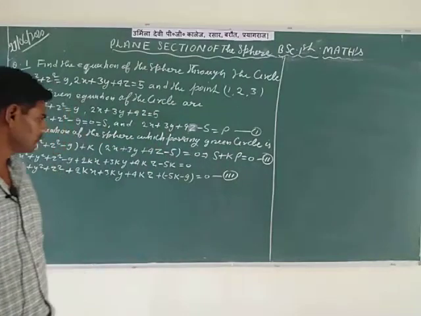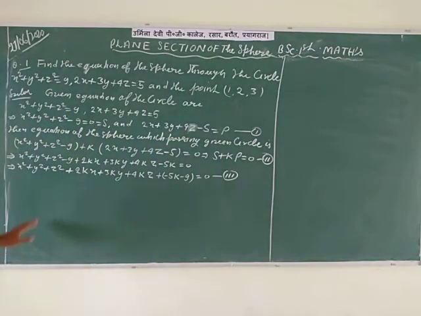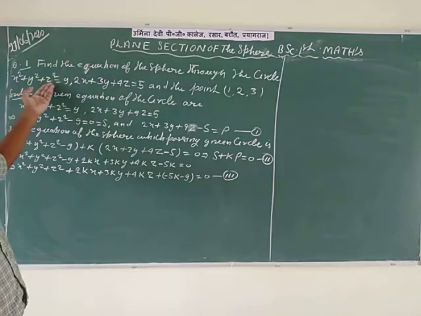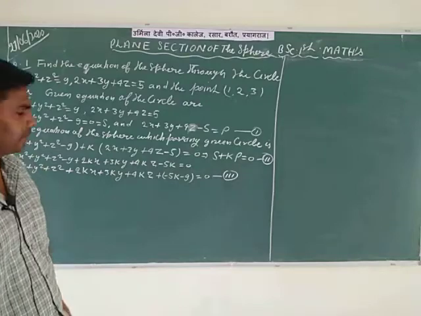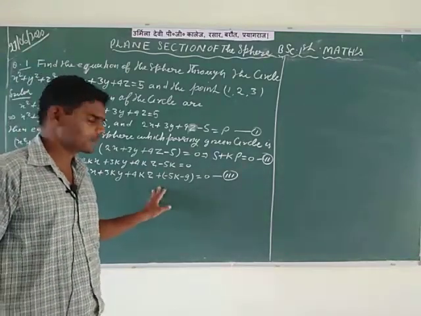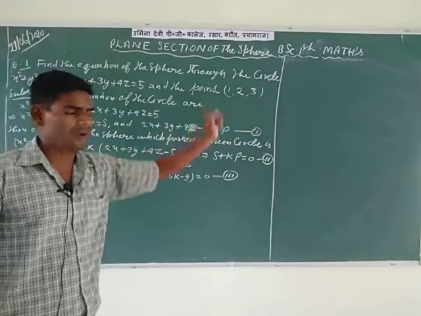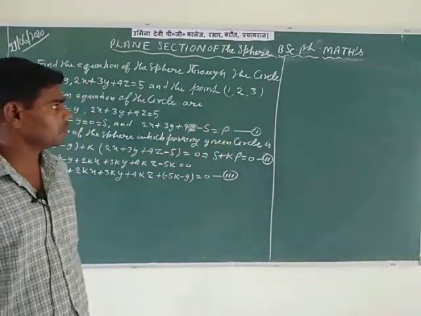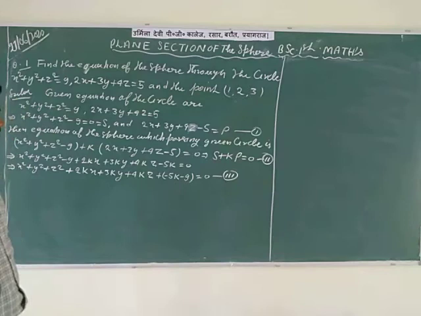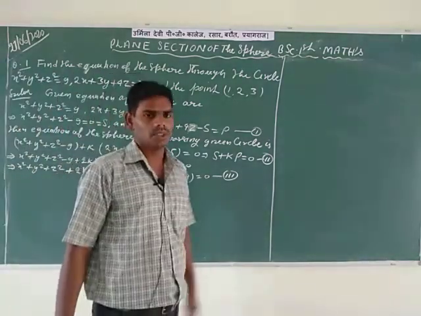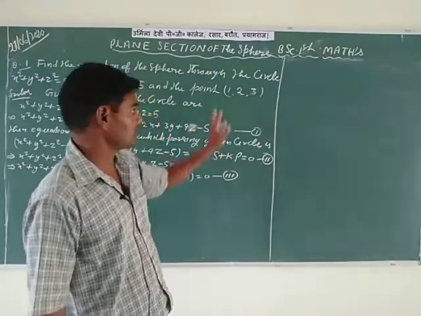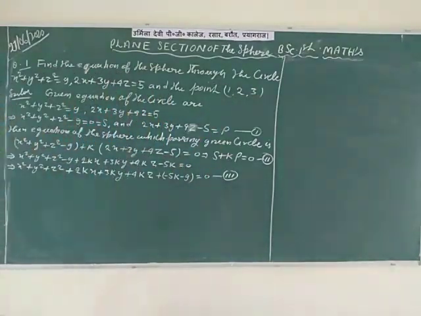Here equation third is the equation of the sphere which passes through the given circle x square plus y square plus z square is equal to 9, 2x plus 3y plus 4z is equal to 5. But according to the question, this sphere must be passing through a given point whose coordinates are 1, 2, 3. So by rules of mathematics, putting the values x is equal to 1, y is equal to 2 and z is equal to 3 in equation third, because equation third is passing through this point.